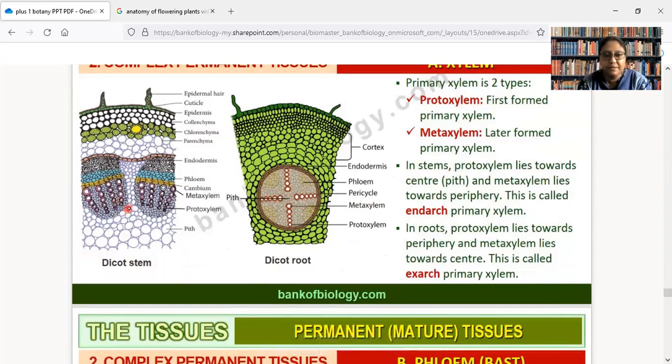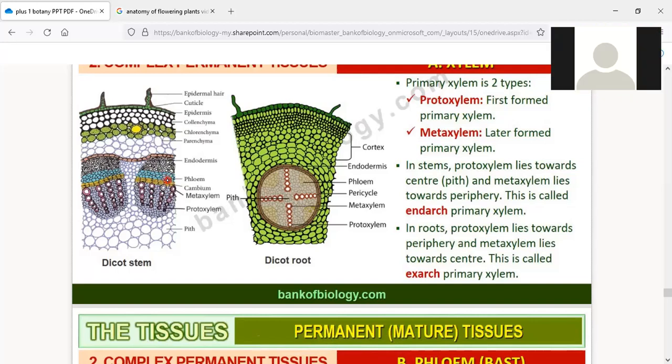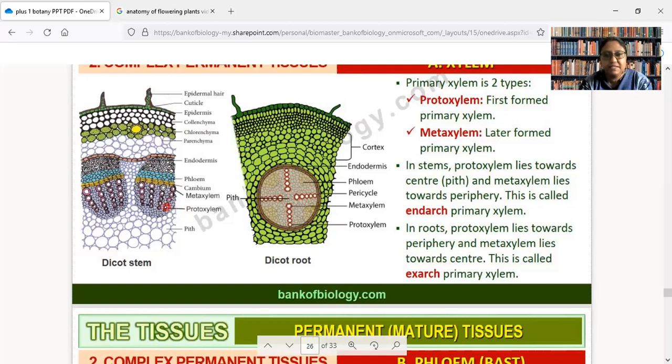So you can see, if you see here, this is the vascular bundle where xylem is here and then phloem is present here. This blue part is phloem. I guess my screen is visible and everyone is there with me. Yes, ma'am. Yes. So protoxylem you can see present at the center.